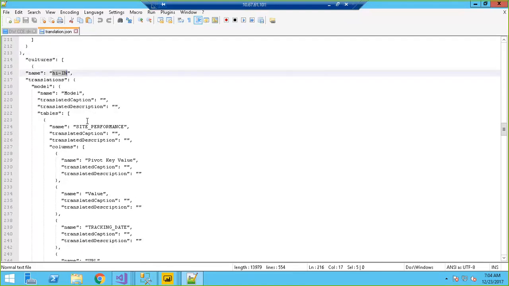So as part of it, you exported whatever language you want. Now what you need to do is provide the equivalent Hindi terms for these things. So pivot key value is one of my column names. How you are going to refer to it in Hindi, you need to give that. Value or tracking date. In tracking date, what will you refer to it as in Hindi, you need to provide that. So in order to refer to that one,